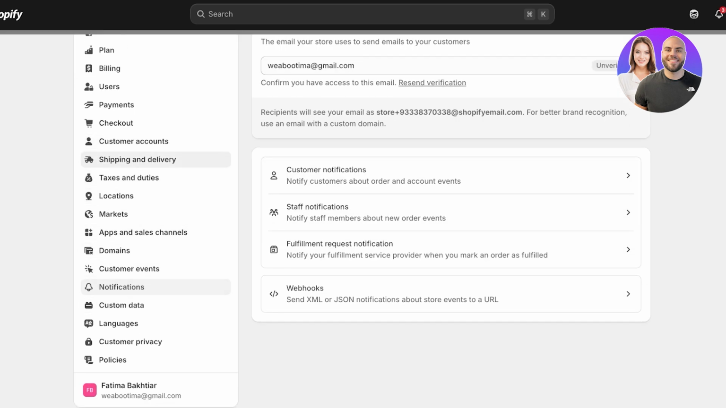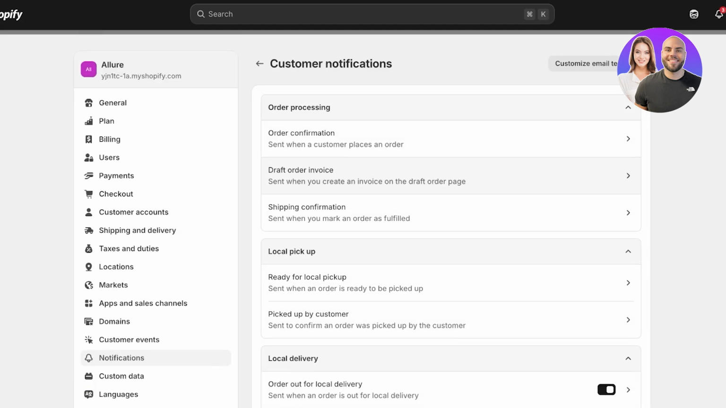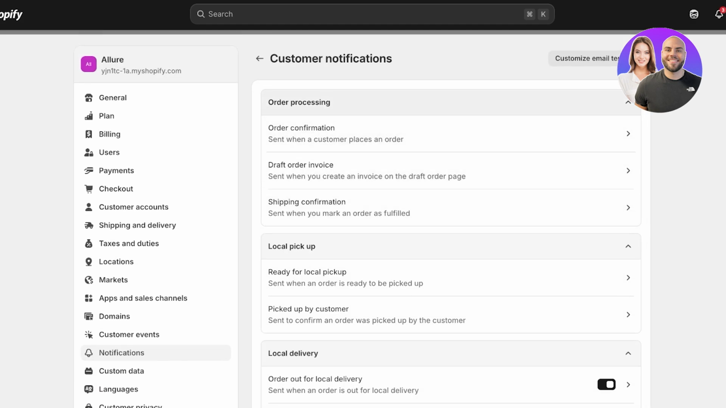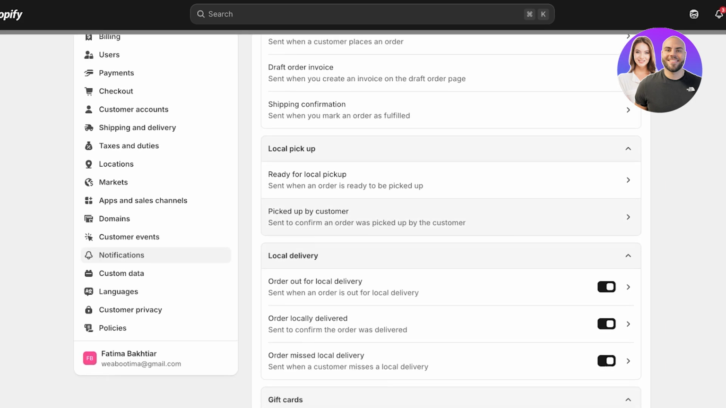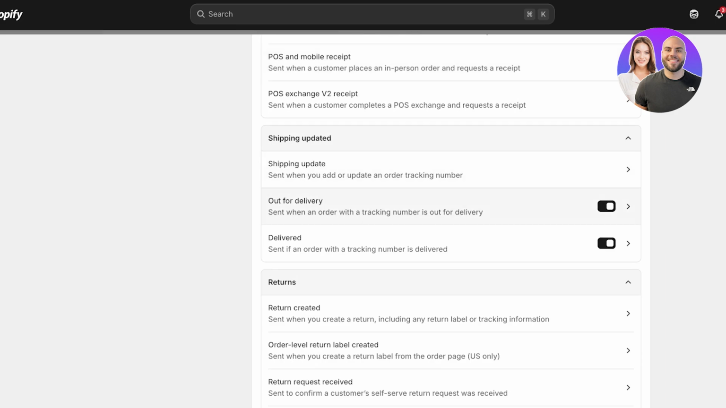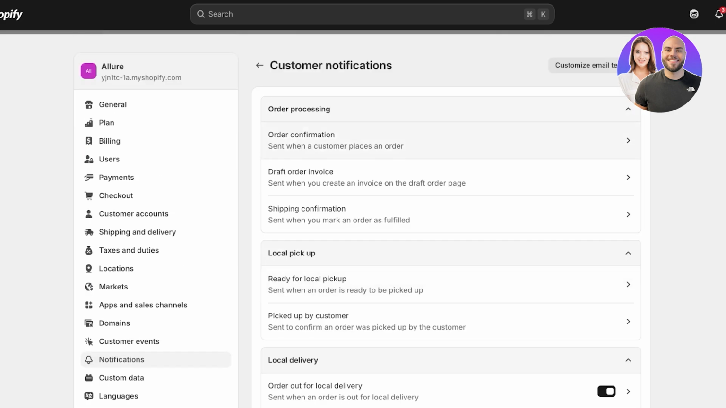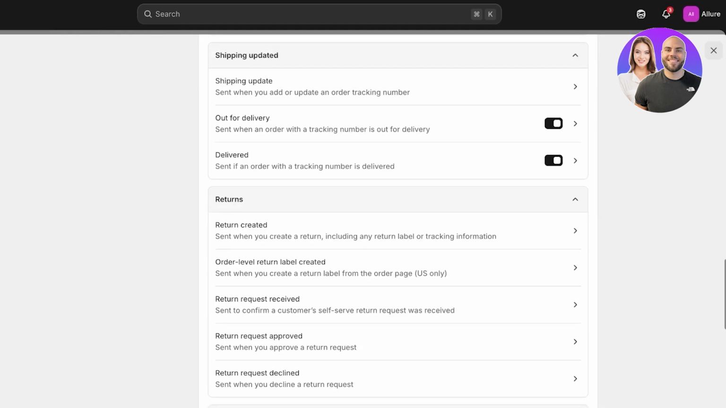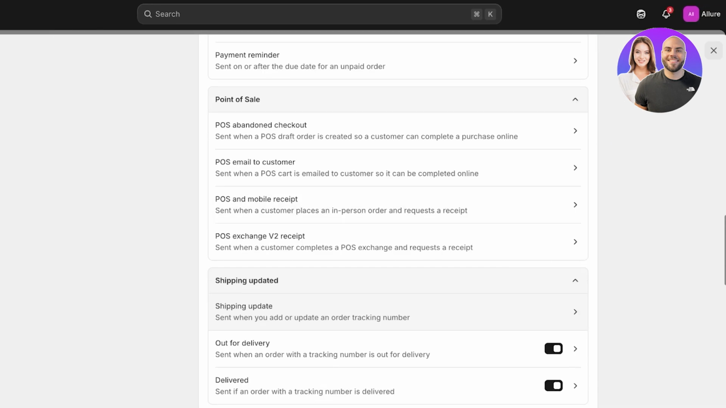So if your shipping is set up correctly, you're going to go into Notifications under Settings. Then you're going to go into Customer Notifications and then scroll down. You will see under Order Processing, you have Shipping Confirmation. You also have other types of notifications that your customer is going to receive. However, what you're looking for is either your shipping confirmation, or if you want to add your tracking number, then